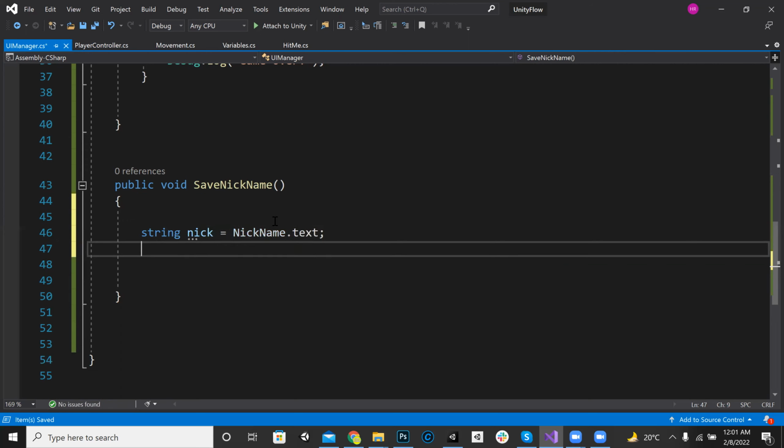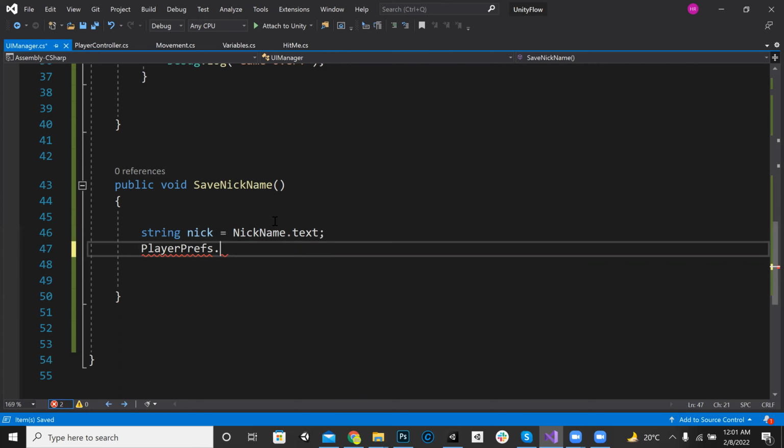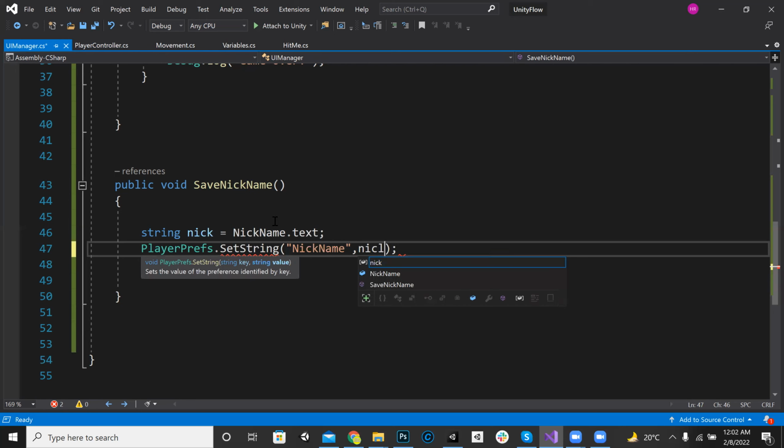Okay, so now we got the nick string, and now we have to save this with PlayerPrefs.SetString. For setting the string we have to make a key, nickname, and under this nickname key we can save the nick. That's it. And whenever,